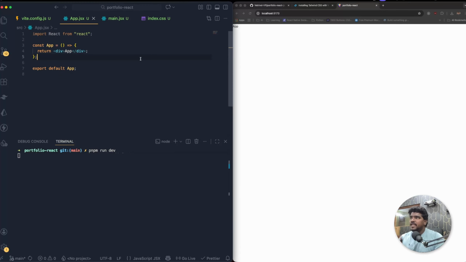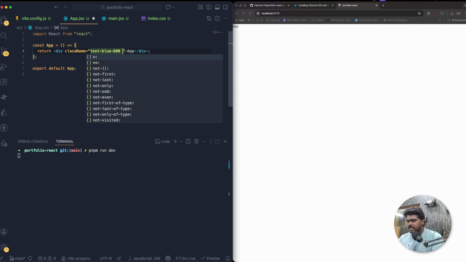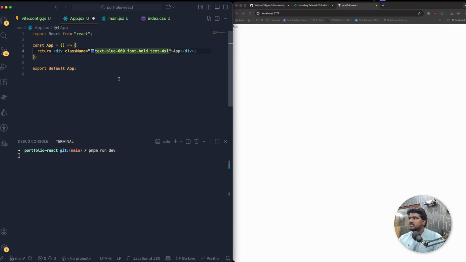So now we have to make sure that Tailwind CSS is working perfectly fine. So I'm just going to say className. I'm going to change this color into text-blue-600. Then I'm going to make this font-bold. I'm going to make the size text-4xl. If I save this, you should be able to see the changes instantly over here